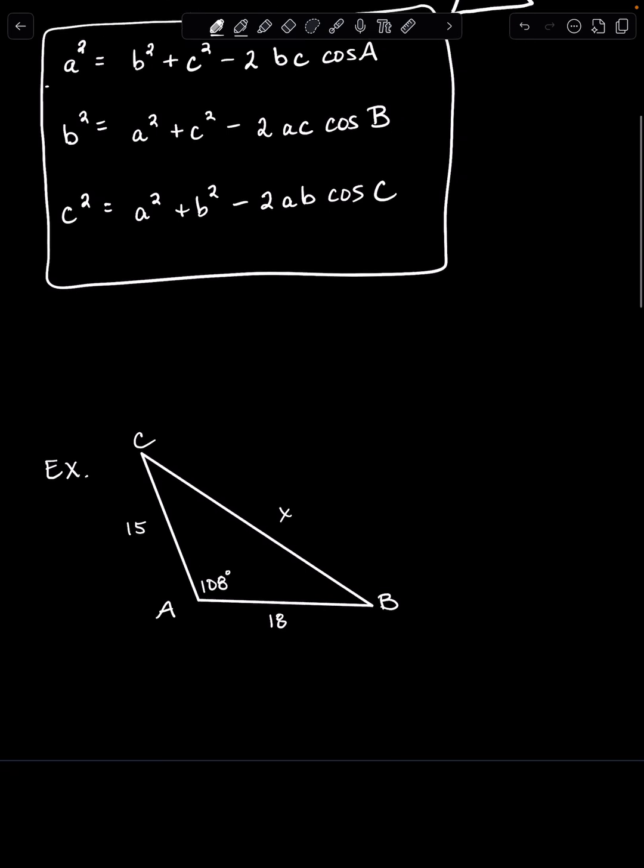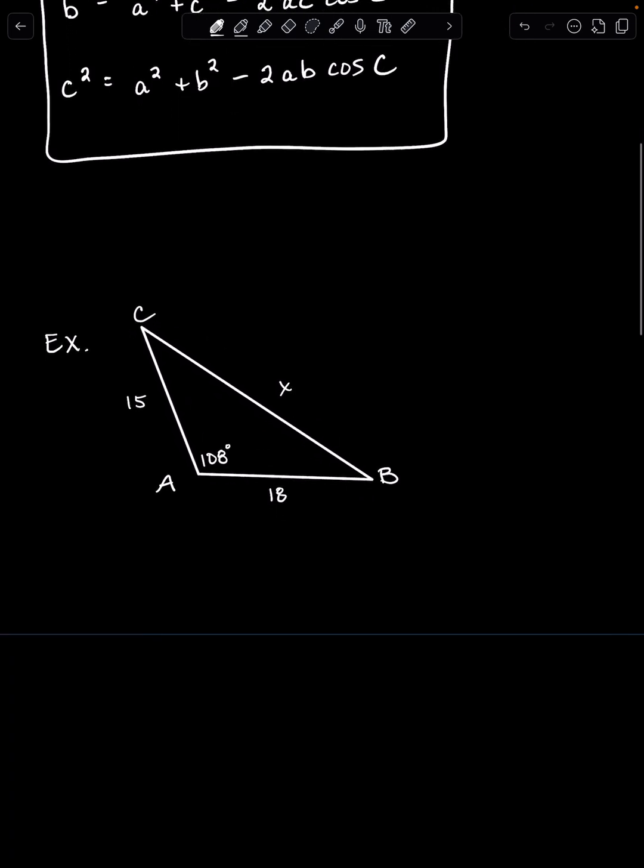So my first example here, I've already got the triangle labeled and drawn out. I'm given side b, I'm given side c, and I'm given the angle included between those two. A is between 15 and 18. So this is side, angle, side, so I'm using the law of cosines. In this particular example, they just want me to find side a. All right, so if I'm finding side a, I need to know